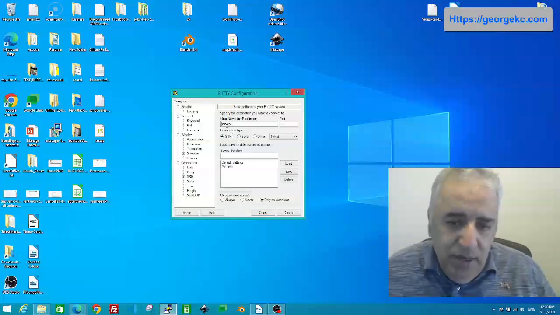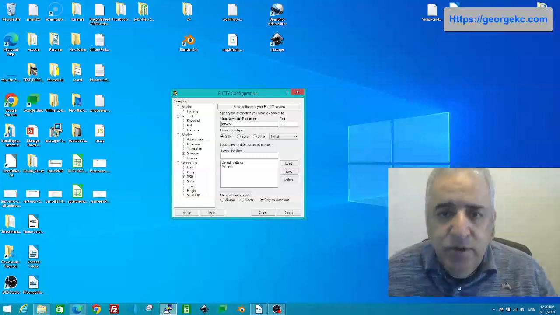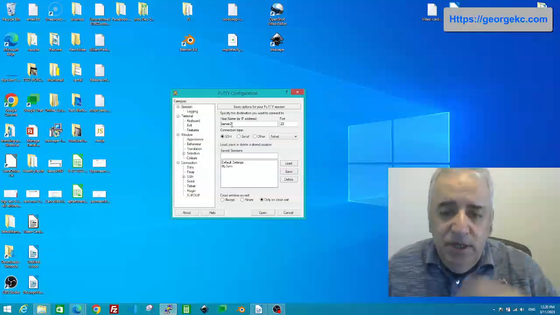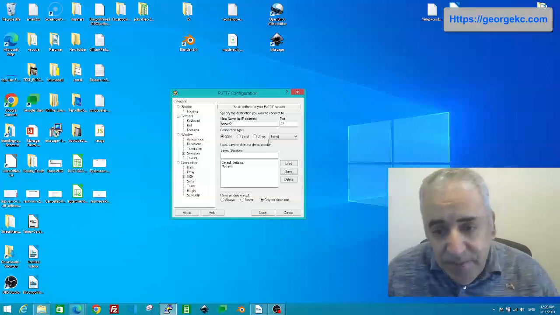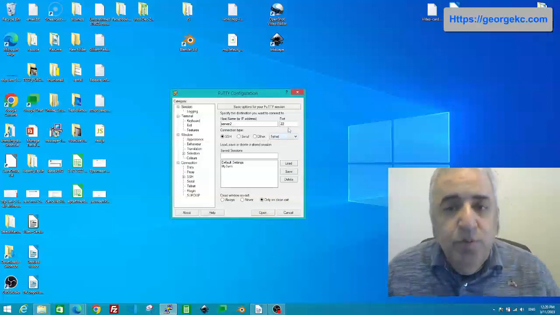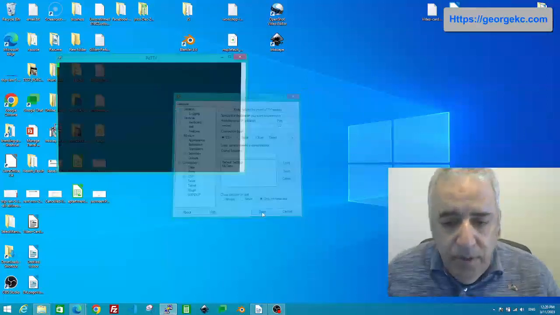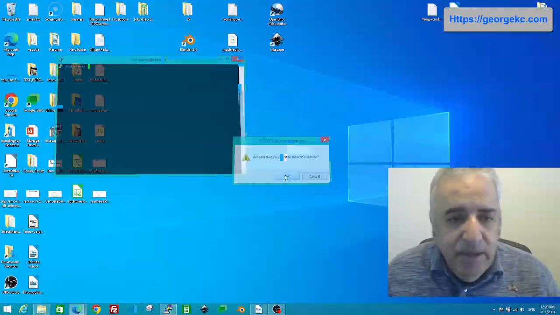So I have the server 2, I gave it the host name as server 2. And this way, because sometimes the IP address changes, even if it's a local machine, it's gonna change. So I gave it the host name as server 2. This way I don't have to remember IP addresses. And you have to use port 22. So I'm gonna hit open,